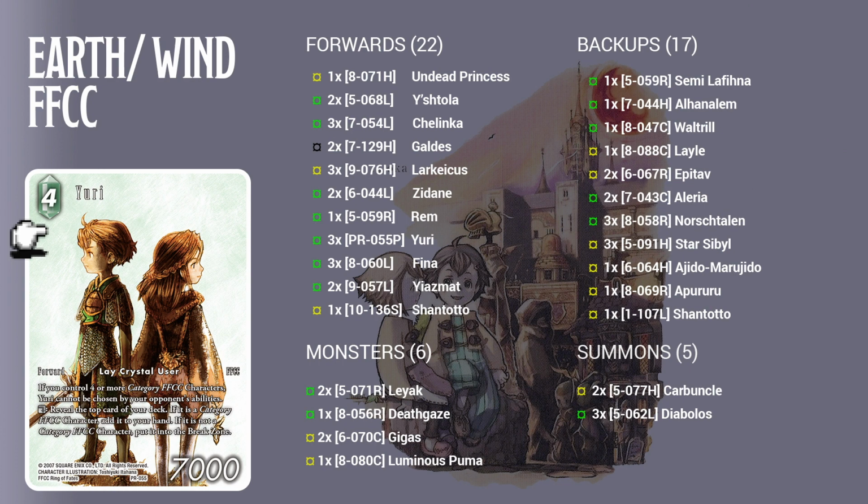Diabolus, obviously a great card. Same thing. Another interaction with Yuri: just start, drain your opponent's forward down to 1k, activate all your forwards, activate Yuri, check, block, do whatever you need to do. So a lot of sequencing